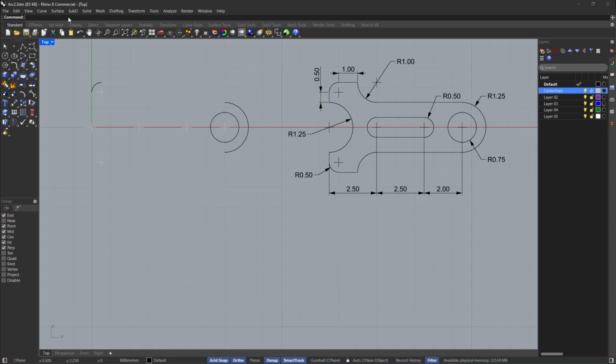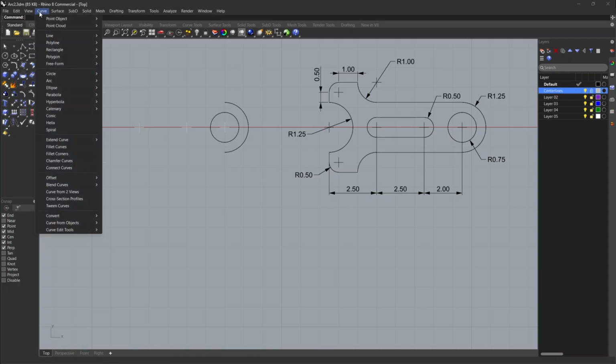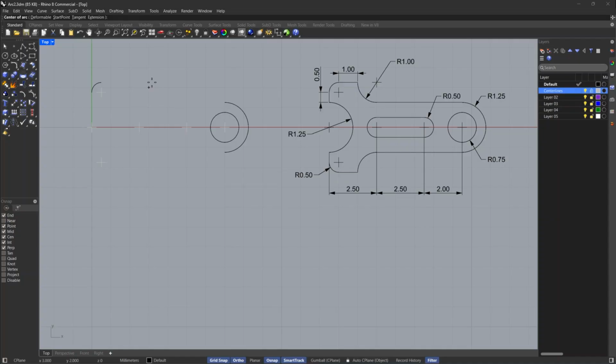Once more, from the curve menu, pick arc, then click center, start, angle. For the center of arc, pick the intersection of the center line on the middle center line on the far left.